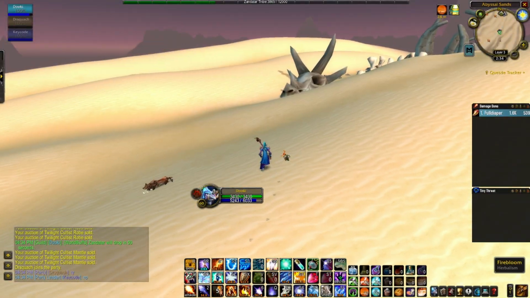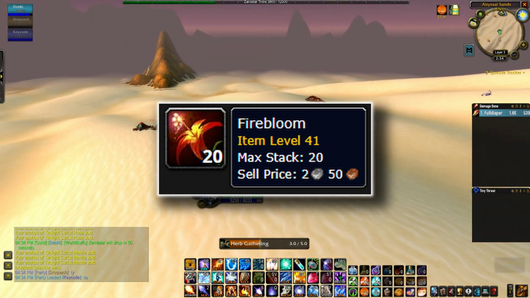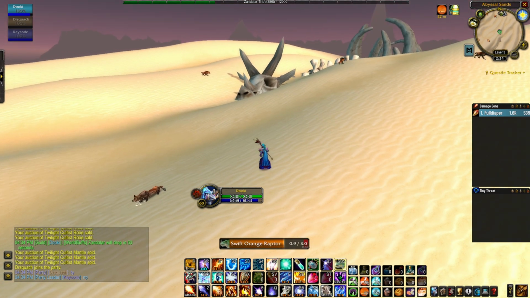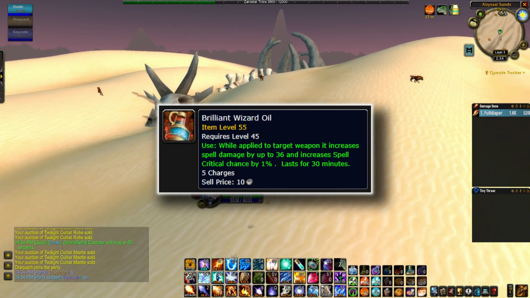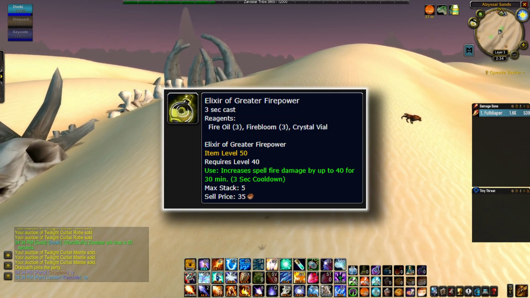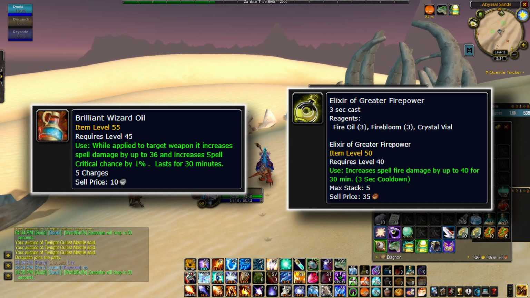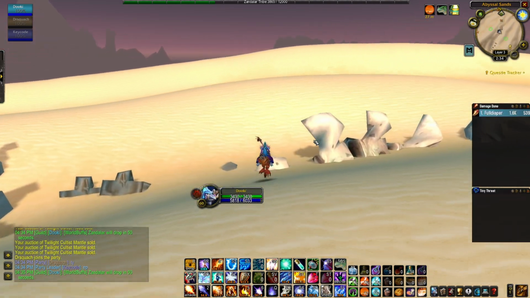The third item we have is Firebloom. Now I know what you're thinking. This little plant is not going for a lot on the auction house right now, but this brazen little plant is used in Phase 5 to create Brilliant Wizard Oil for casters as well as Elixir of Greater Firepower for fire mages. 2 huge resources that will be in high demand to increase DPS in raids, bringing the price of